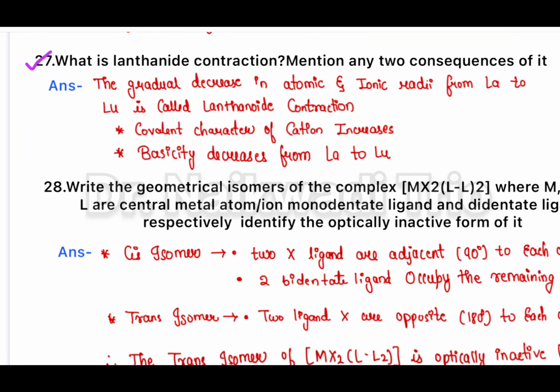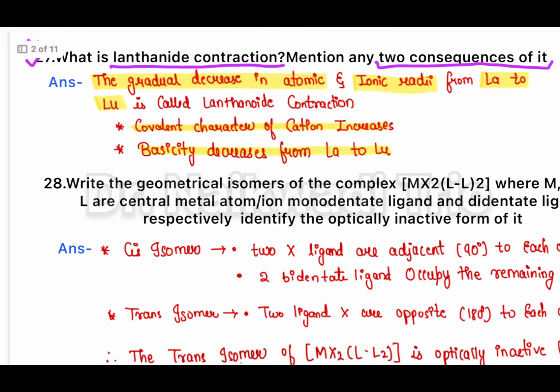Now the 27th question is, what is lanthanoid contraction, and mention any 2 consequences of it. This is also the same question which we have discussed. The definition of lanthanoid contraction is that the gradual decrease in the atomic and ionic radii from lanthanum to lutetium is called lanthanoid contraction. The consequences are that the covalent character of the cation increases and the basicity decreases from lanthanum